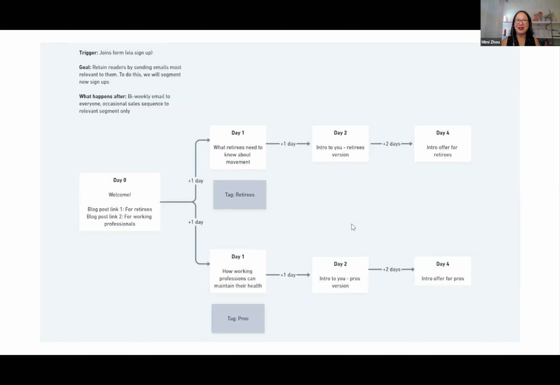You don't have to use the same introduction every time. And then it would end with an intro offer for each segment. So in this way, I am landing information more relevant to each part of my email list and more likely to retain interest.